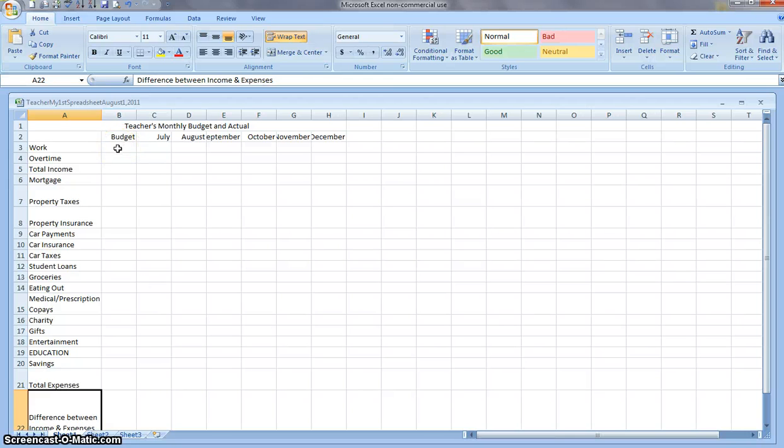Step 23, in cell B3, type 4,000. Overtime, B4, 600. B5, leave it blank, skip it. B6, 1,200. And every time I go down, all I do is I click enter. Okay, so now